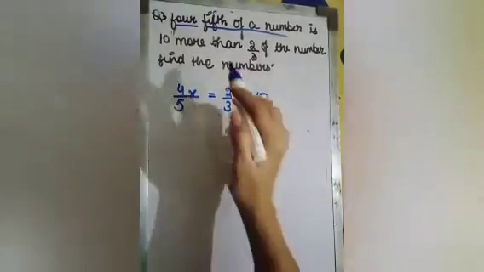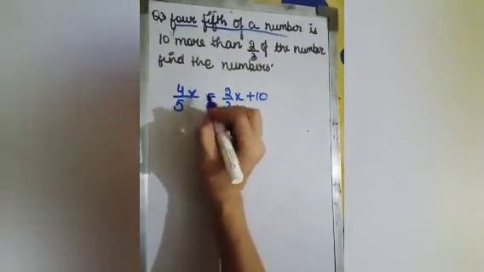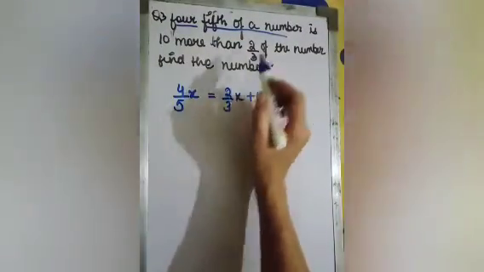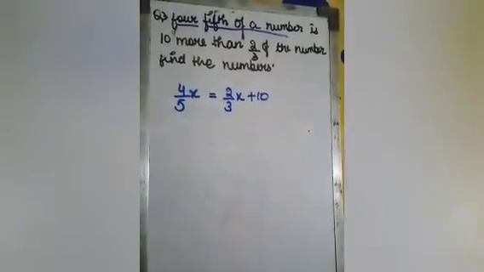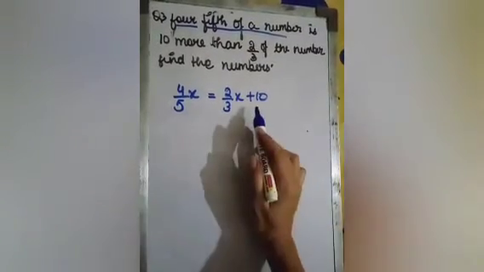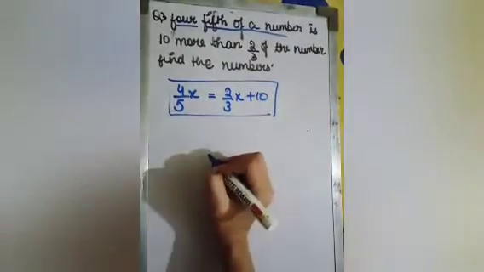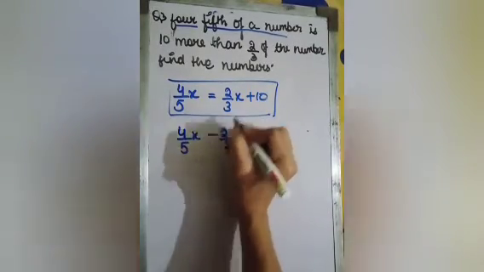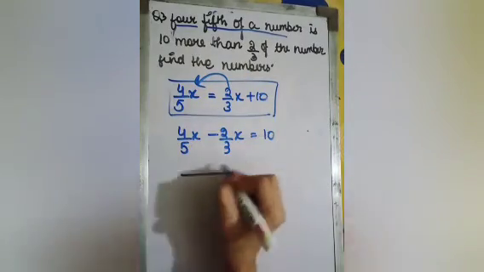Okay, now this says 4/5 of a number, that is 4/5 of x, our number is x. Wherever we talk about a number, we assume it x. 4/5 of a number is 10 more than 2/3 of the number. Right? It is 10 more than 2/3 of the number. Now this is the equation. You can solve it further. First we will write the terms with x together. So we will send this on this side. Right, now solve it. Take the LCM.